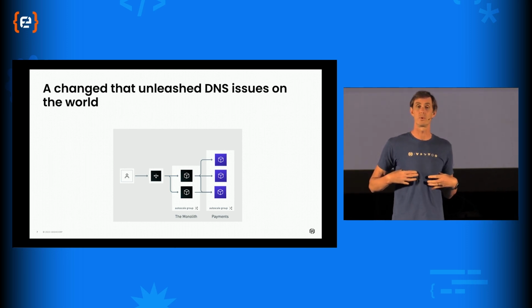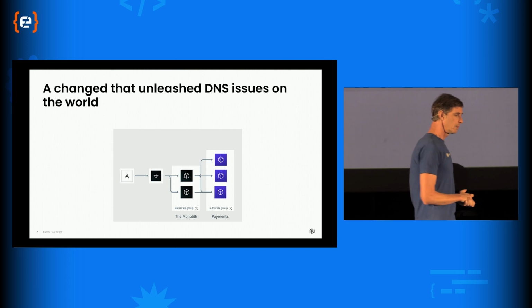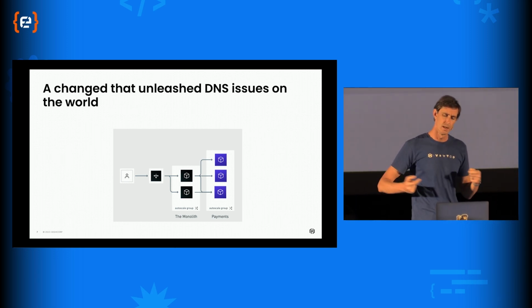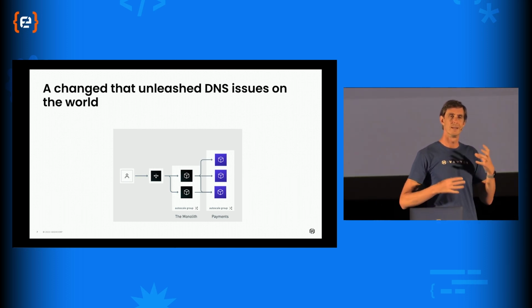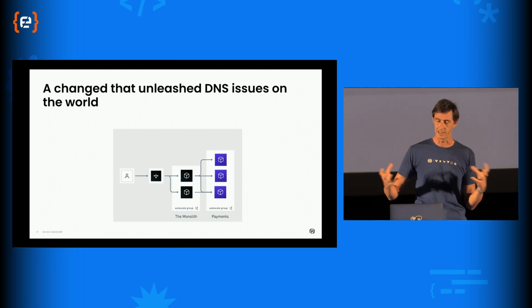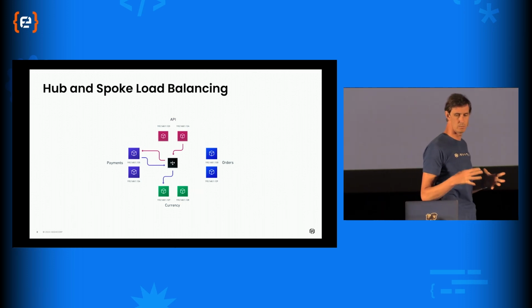My house is a great example of something that works with DNS. It hasn't moved in 100 years. My cloud infrastructure can change every 20 minutes. And DNS is an incredible tool, but it didn't necessarily give us the ability to deal with this highly shifting and dynamic infrastructure. So we had to start to think about how we do things differently.